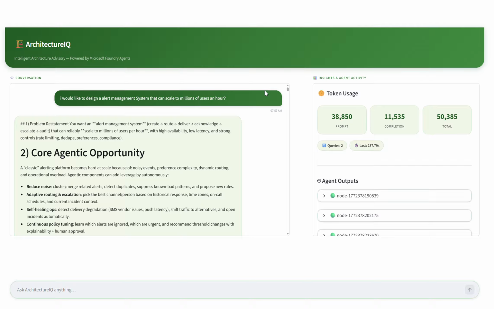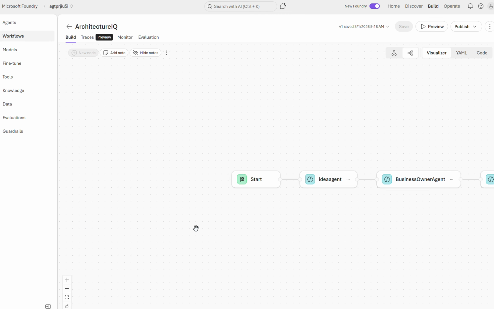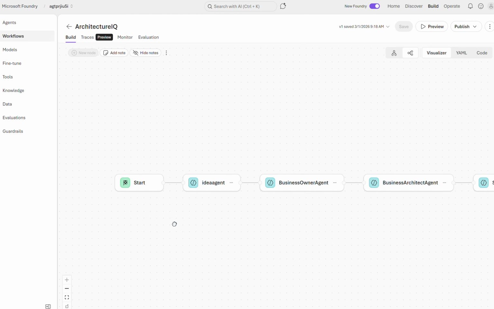Today we are going to talk to you about Agent Architect IQ. I call it either Architect IQ or Architecture IQ. This was for any solution architects on the software side. If you want to have a few of the helpers to design better business applications, then this might be very useful for you. The idea here is that the Architecture IQ will have an idea agent and